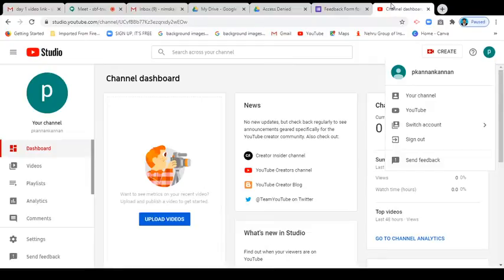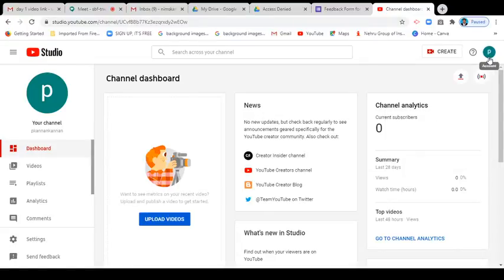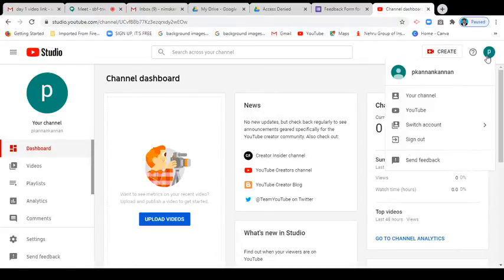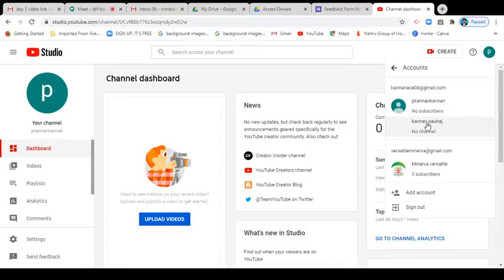So after you enter that YouTube Studio, you are already registered, and your mail ID is always signed in. Okay, so you need not sign in, but to activate your channel, see this, switch account, sign out. Now all the options come. If you want to create your channel in a separate account, and you don't want your normal Gmail account for your YouTube channel, you have to create a new Gmail ID. Then you have to go for the add account button.